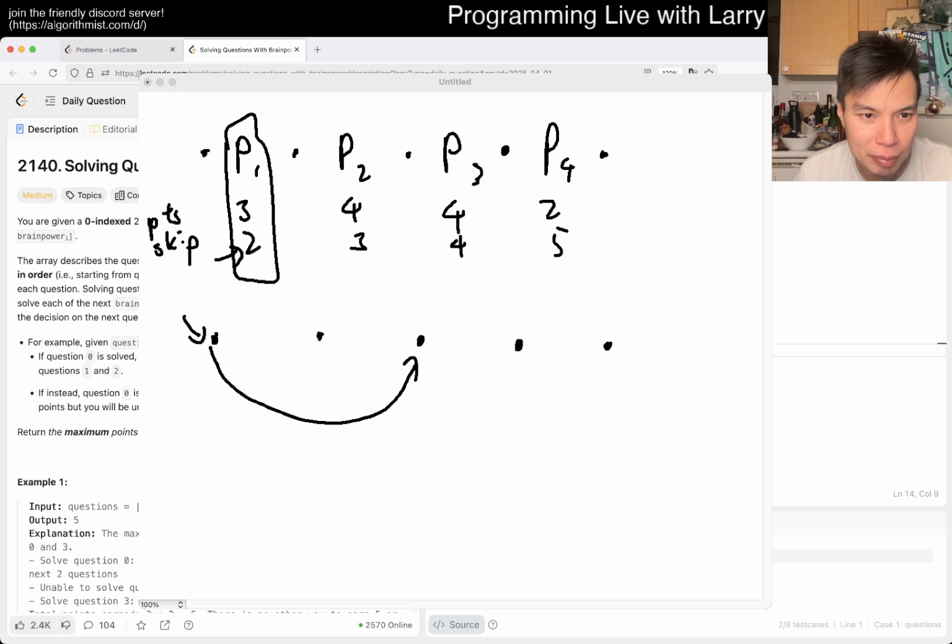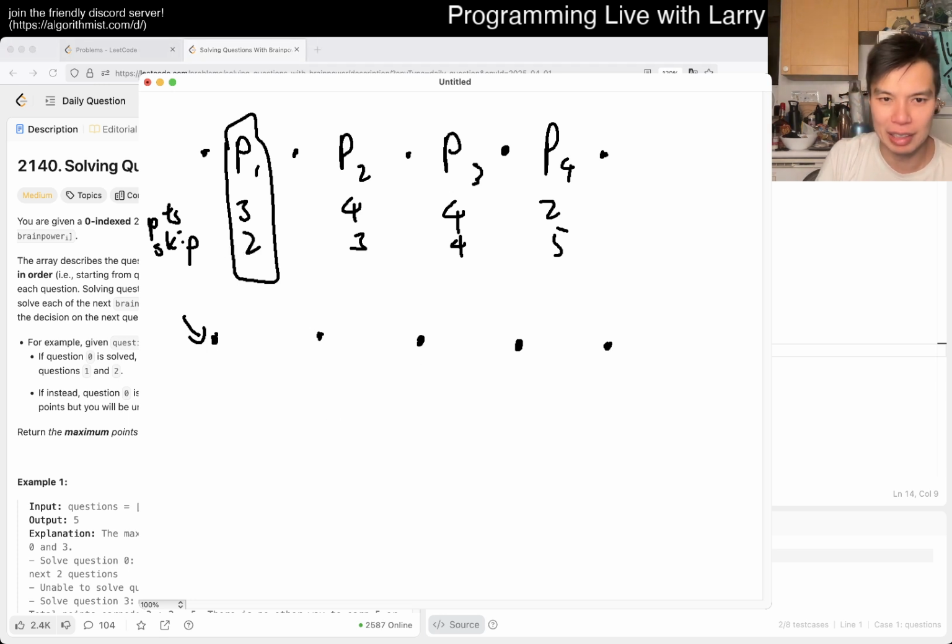Each question: you're unable to solve the next ones. So maybe I said it wrong, because skip is actually a different thing, so maybe I'm kind of confusing things. But you're unable to solve each of the next 2 problems. So actually, I drew it wrong because you cannot solve the next 2, right? So maybe it goes to here. Actually, no, I confused myself a little bit as well. Actually, yeah, no, this is fine.